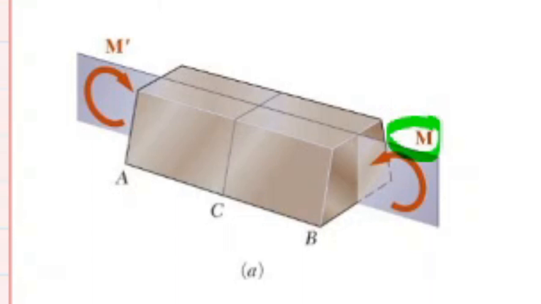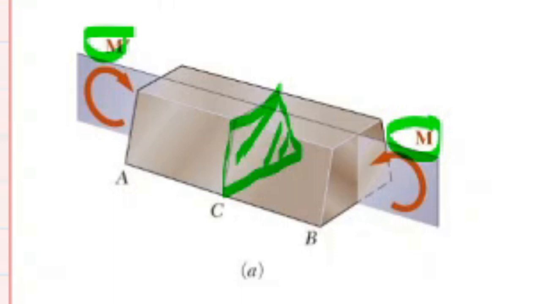So we have two couples acting in that plane. If a section is passed through the member AB at some arbitrary point C, so let's say we have this section,